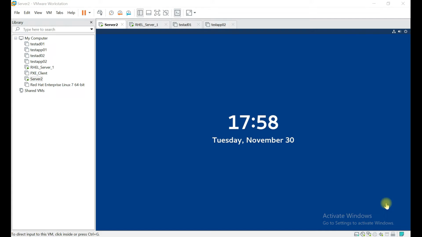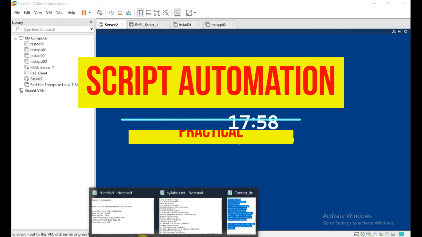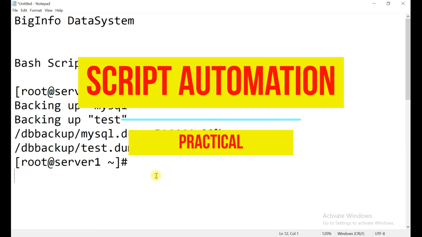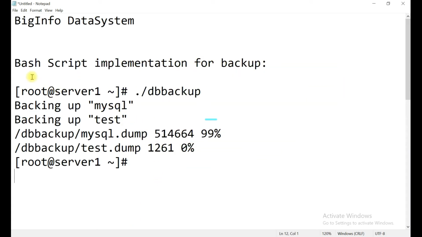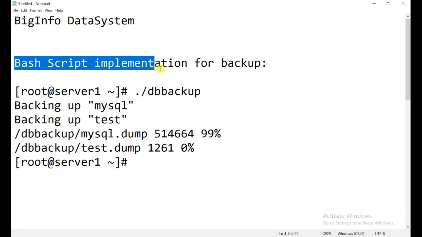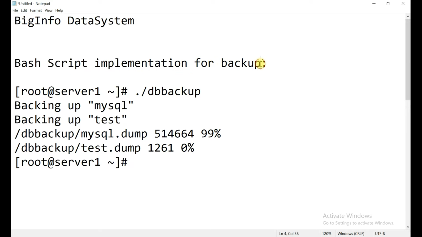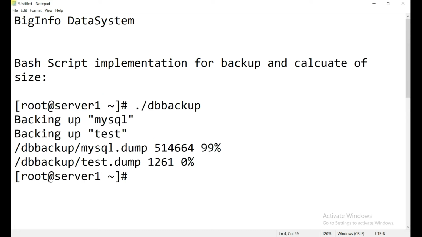So let's do one example, and in this lab we will implement one script to do one specific task. Basically, using the bash script, we are going to take a backup and calculate the size of the backup. You have to create one script called the db backup script.